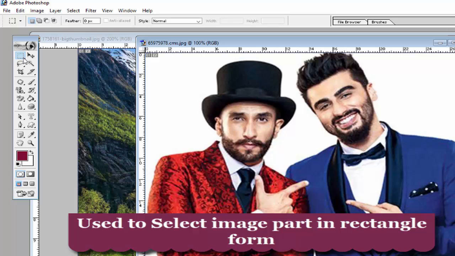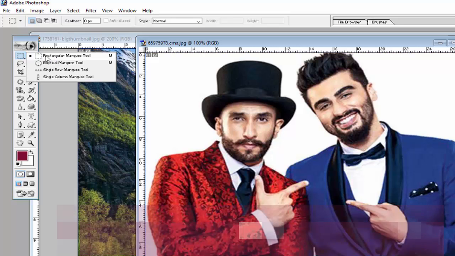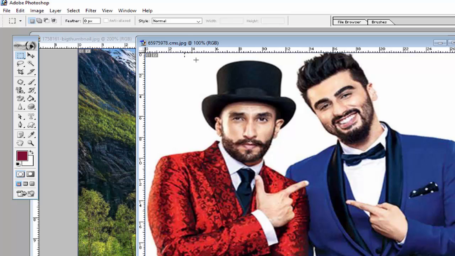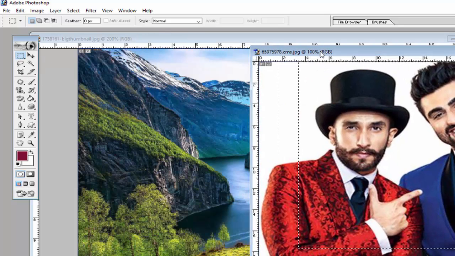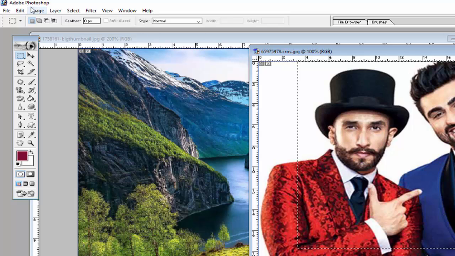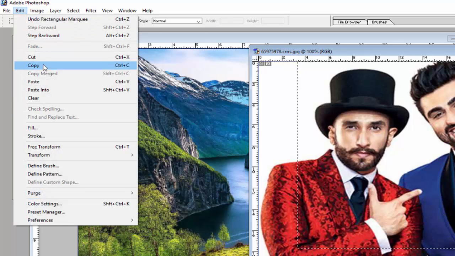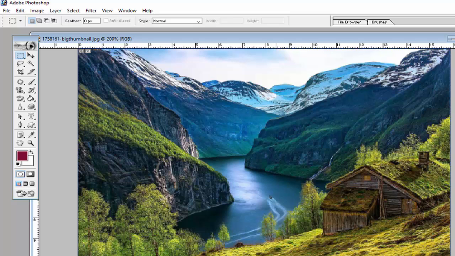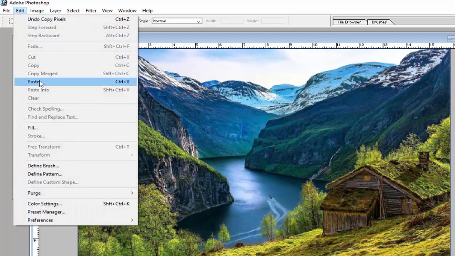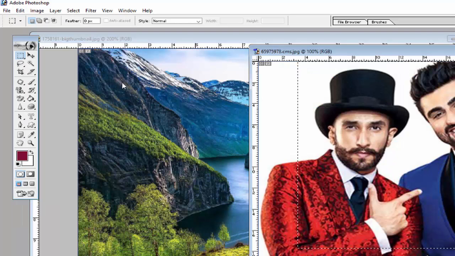Use the rectangle marquee tool or shortcut key M. You can use the shortcut key M from the keyboard and drag the mouse left button here like this, and it will select your image part in rectangle form. So to select your image part in rectangle form, use this option, rectangle marquee tool. And if you want to copy this selected part, you can copy, and then paste here by clicking on this option or shortcut key Ctrl V,